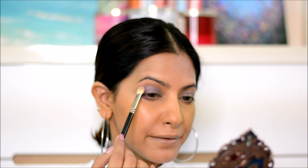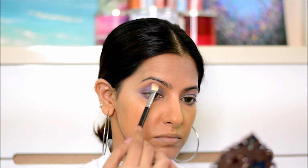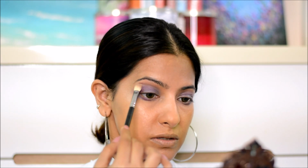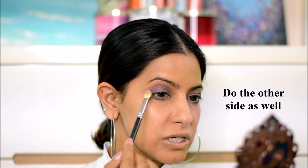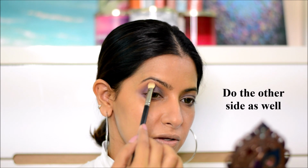I'll be taking this pink color, Cheap Flower, and I will be taking the same blending brush and dipping it into the eyeshadow and just making this a transition color, because we will be doing pink lips and pink cheeks, so a hint of pink on the eyes would look nice. Now for the highlighter, I will be using a flat shading brush, and I'm using this eyeshadow palette from